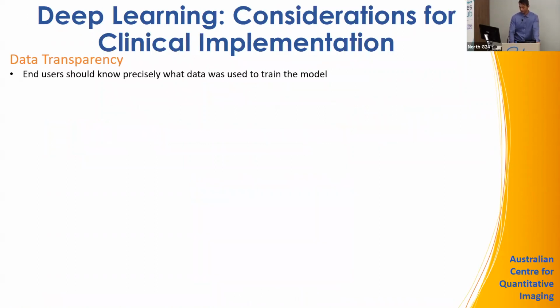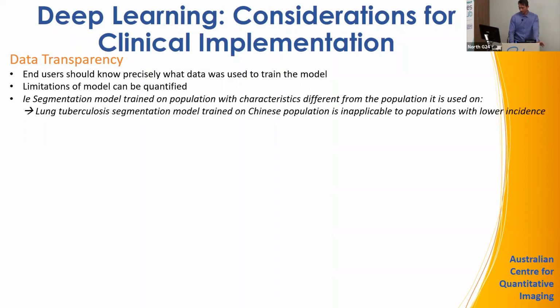So what are some more considerations that are suggested when deploying deep learning models? Well, data transparency is on top of the list. End users should know precisely what data was used to train the model, and this allows limitations of the model to be quantified. For example, consider a segmentation model trained on populations with characteristics different from the population it is being used on. There was a recent example I heard of where a lung tuberculosis segmentation model trained on the Chinese population was used locally and was found to produce a lot of false positives, because there is a much higher incidence of tuberculosis in China. And therefore that model would not be applicable in